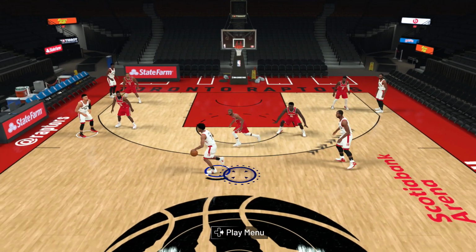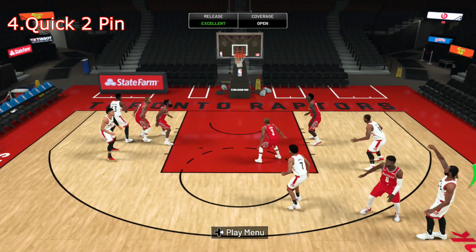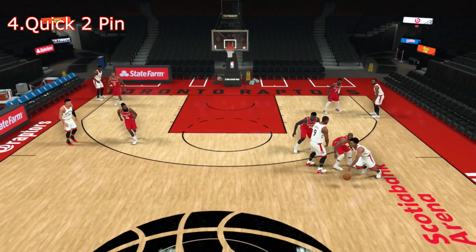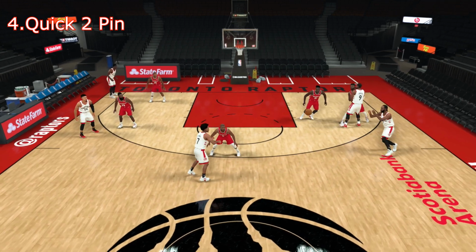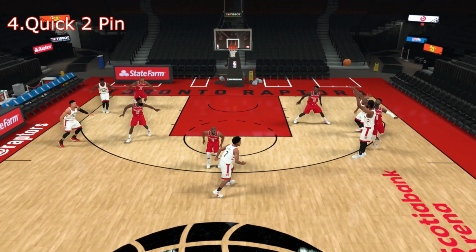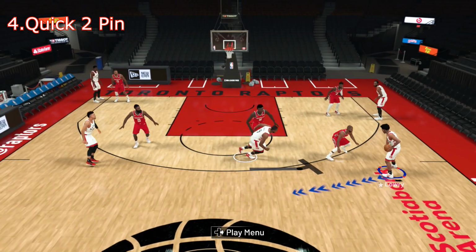And finally, the last play is the quick 2 pin. You can run this for Lowry, Green, or Kawhi. And this play also has a few different options. So right here, we're calling it for Kawhi. And Lowry's going to start with the ball on the wing, and Ibaka's going to come set him a screen. After that, Ibaka's going to set a screen for Kawhi, and a lot of the times he'll be open for